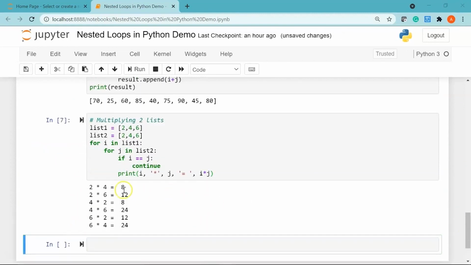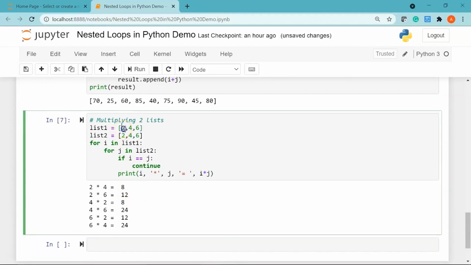So if you notice here, I haven't multiplied 2 and 2. The reason being, I have used this if condition. Whenever i was equal to j, we continued with the next iteration. Similarly, there is no output for 4 multiplied by 4 or 6 multiplied by 6.